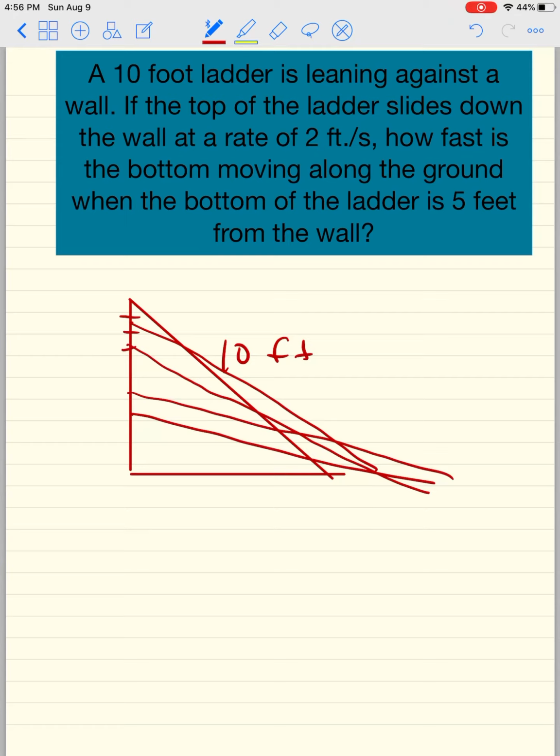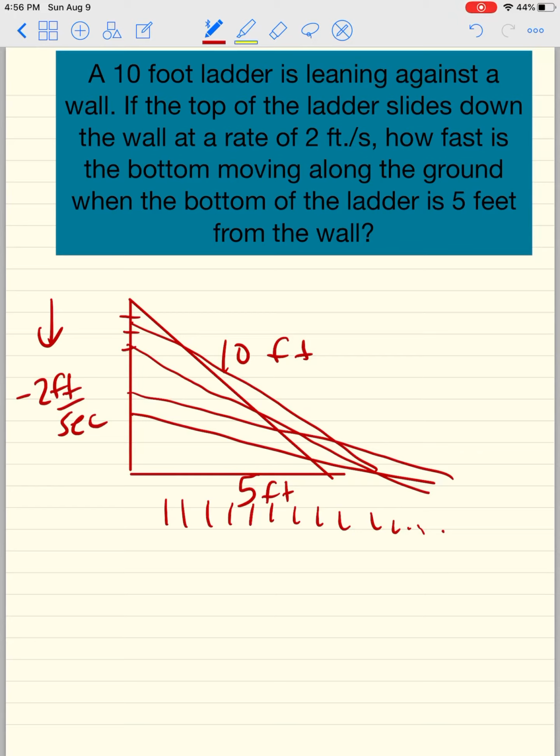So if the top of the ladder slides down the wall at a rate of 2 feet per second, so it's coming down, I'm gonna put a negative there to indicate that it's going down. So 2 feet per second. How fast is the bottom moving along the ground, when the bottom of the ladder is 5 feet